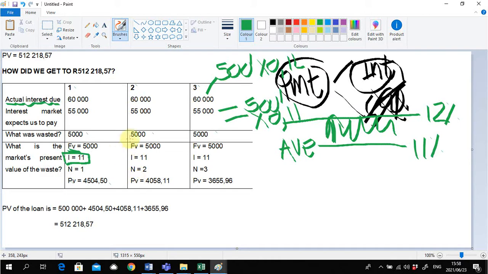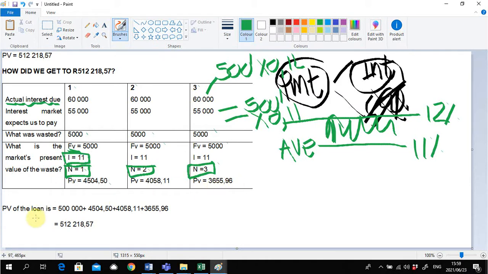If I look at my second year, the future value is again 5,000 because I'm wasting 5,000, but I'm wasting it 2 years from now at a market rate of 11%, and that gives me 4,058.11. If I look at my third interval, I'm wasting 5,000 Rand in the third year again, but that's 3 years from now. So I need to discount every wasted amount for the number of years from which it will happen between now and the future. So I'm wasting 5,000 Rand 1 year from now, another 5,000 2 years from now, and then another 5,000 3 years from now. And that gives me a present value of